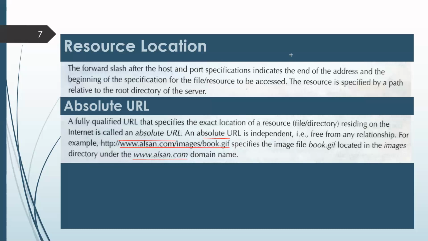We do not know the absolute URL, because of that we are typing in the Google search engine. The Google search engine is collecting the information from different servers and displaying it, and we click and check it. Okay, so absolute URL means you can get it directly. Here with the help of the image they have given the example. Okay, so next is